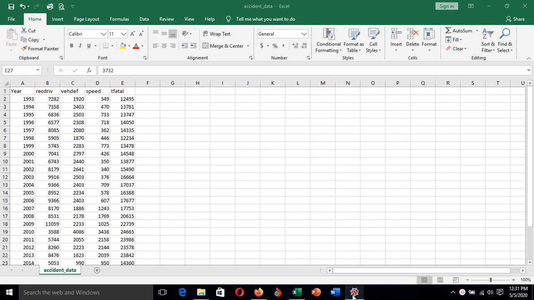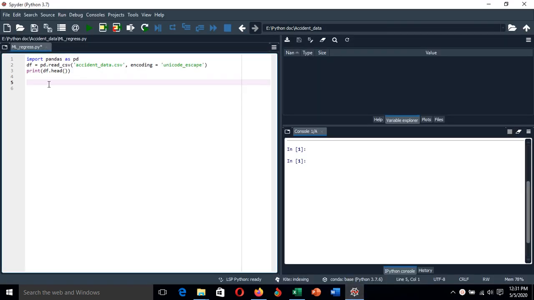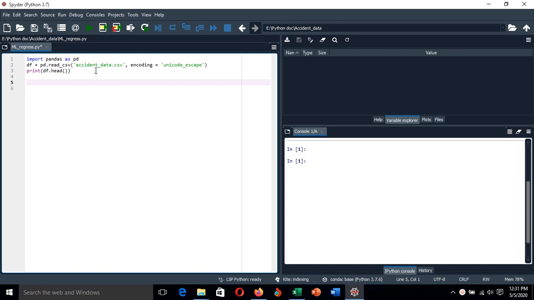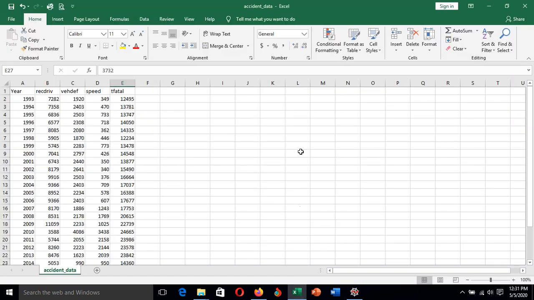So let's go to Python, and here I have already loaded my data, and you can see my data. I have saved it in a CSV format, so I have to read my file as CSV. The name of my data, you can see here, is the accident data. And now